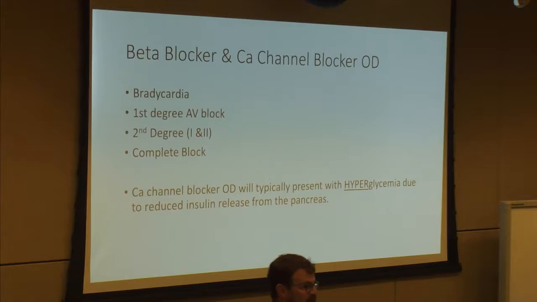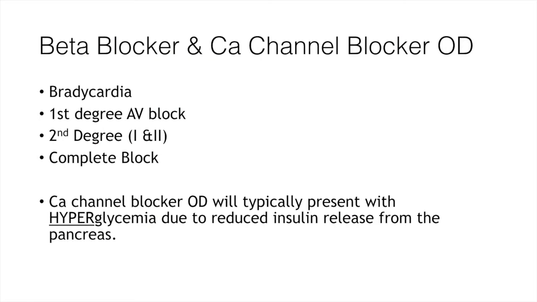So that's QT prolongation. So we've talked about sodium channel blockade and QRS widening. We've talked about QT prolongation and how to identify those. How about beta blockers and calcium channel blocker overdose? What's it going to manifest like, right? Well, think about these drugs and where do they work? They work at decreasing or delaying the transition of the signal, one, the propagation of the signal, and two, the transmission of the signal through the AV node.